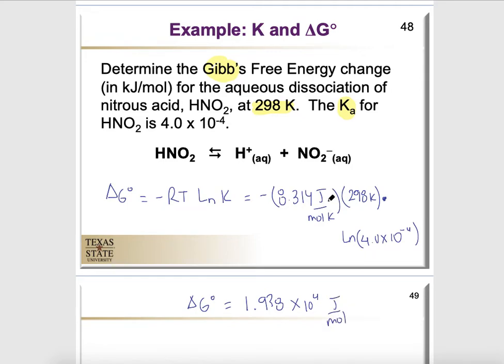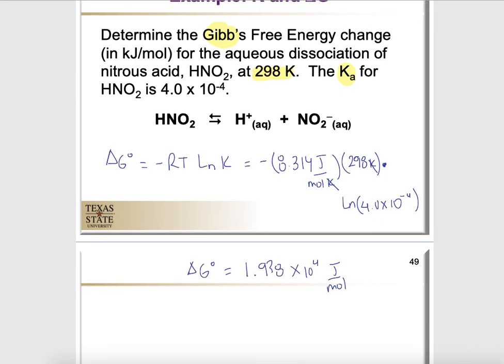Notice that I have joules in this case because the Kelvin is the only thing that cancels away. So what I have is joules per mole. What I need to give this in is kilojoules per mole according to the problem. So to convert from joules to kilojoules, we basically divide by 1000, which means that the delta G0 is going to be equal to